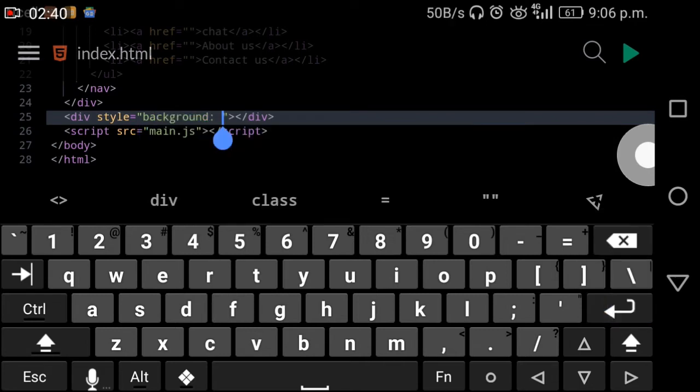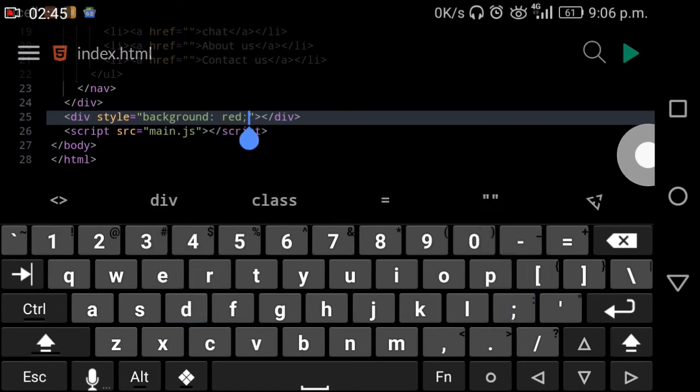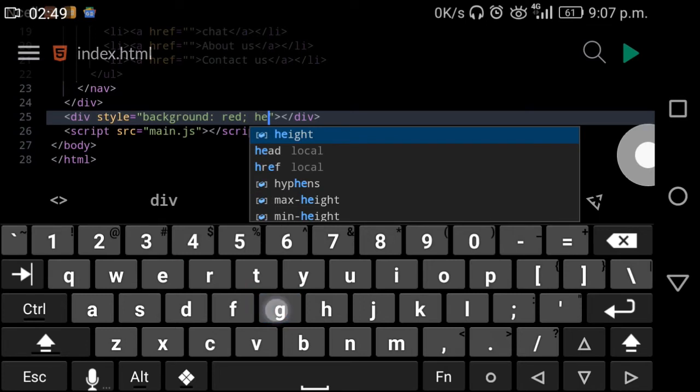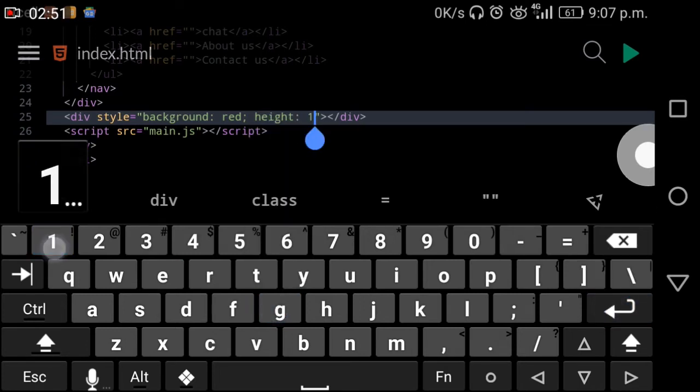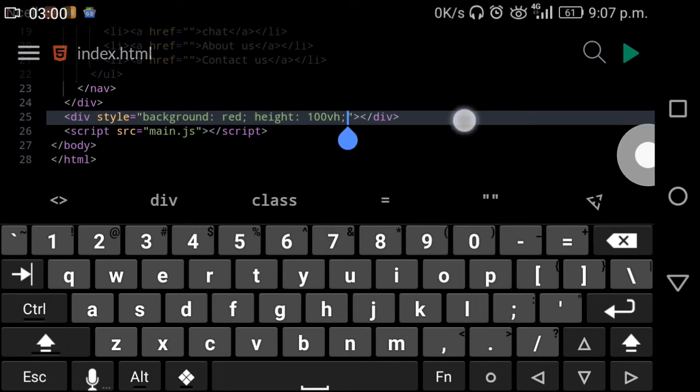background red, height 100vh, and vh is the vertical height. You can see from here to here, this is our vertical height. So from here to here, this is 100vh, 100 vertical height,